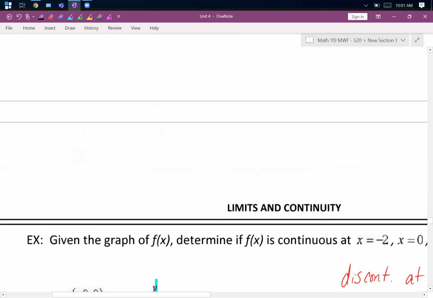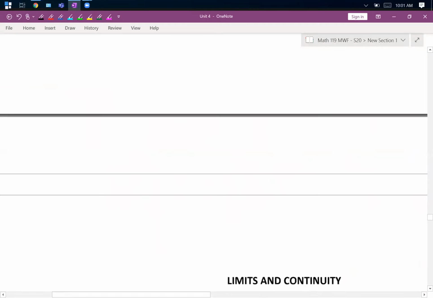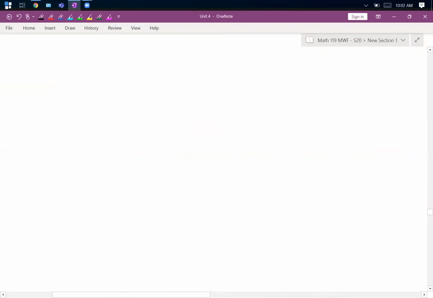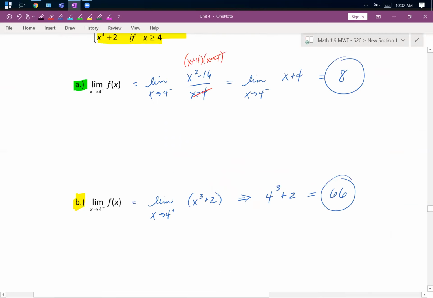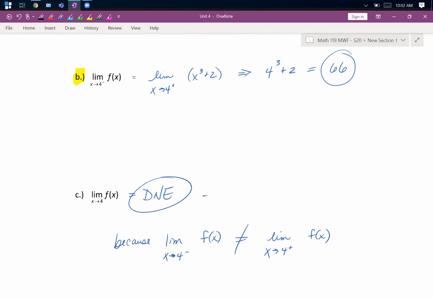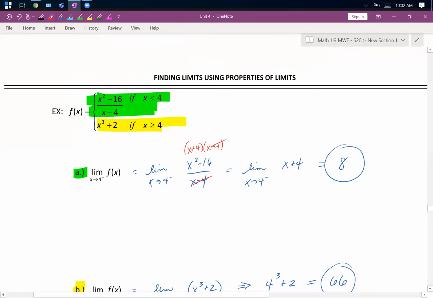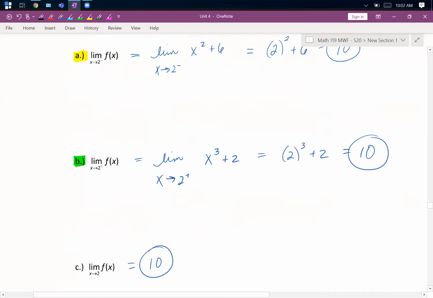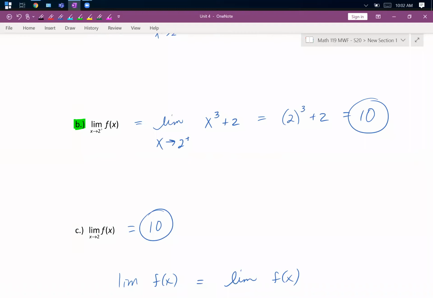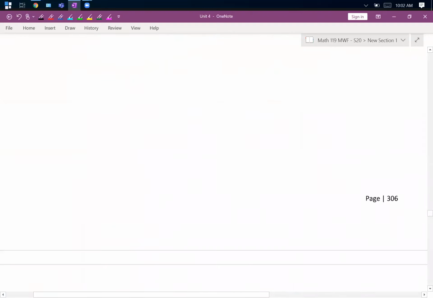Just like we were doing on this previous example when we were finding the limit of the piecewise function. We found the limit as x approached from the left, and the limit as x approached from the right. Because we got two different numbers, we couldn't say that the limit overall as x approached 4 existed. The one before that, the left and the right sides did match, so we could say the limit as x approached 2 overall existed. So back to this picture,